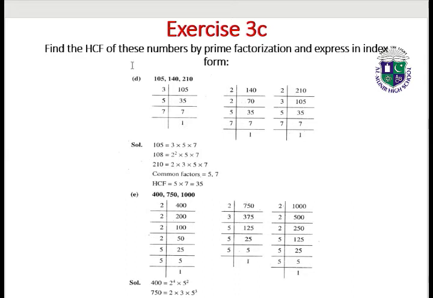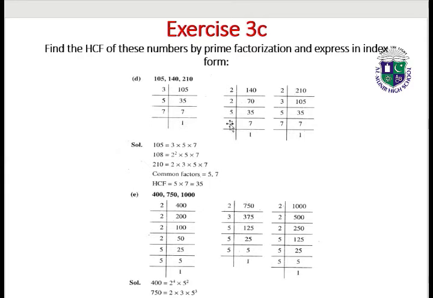Exercise 3C. Find the HCF of these numbers by prime factorization and express in index form. 105, 140, 210. 3 3s are 9, 1 carry, 3 5s are 15, 5 7s are 35, 7 1s are 7. 140: 2 7s are 14, 0, 2 3s are 6, 1 carry, 10, 2 5s are 10,